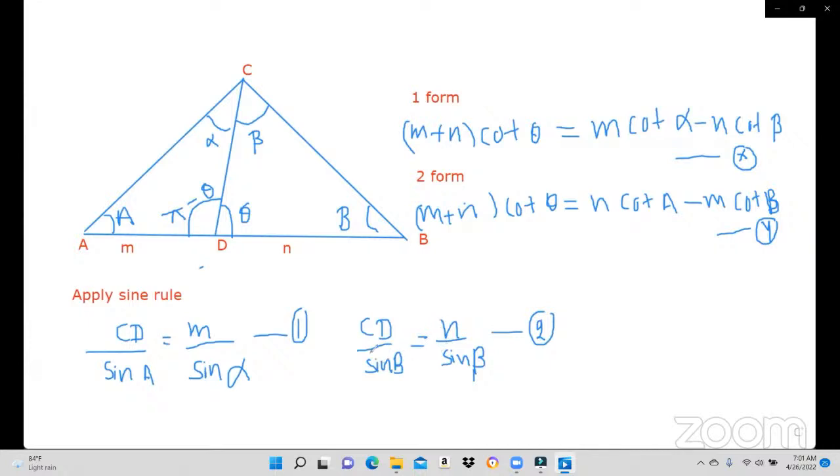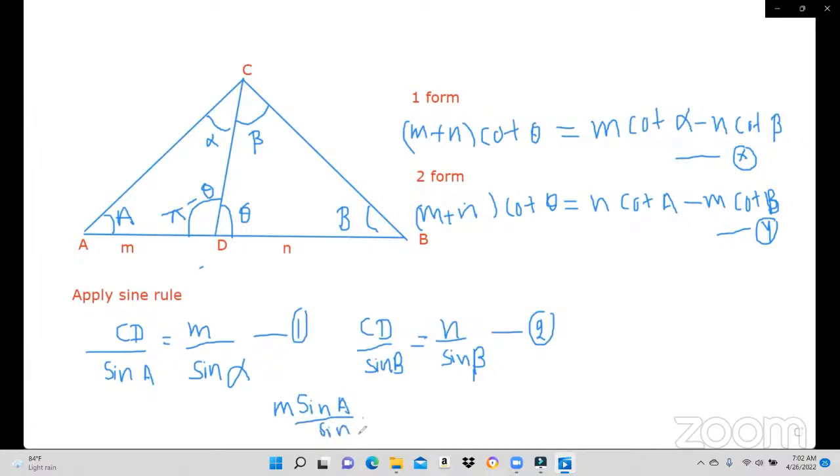CD divided by sine B equals n divided by sine beta. So CD equals m sine A divided by sine alpha. CD equals n sine B divided by sine beta. So I will directly write that equation. Since those are equal to CD, you can say m times sine A divided by sine alpha